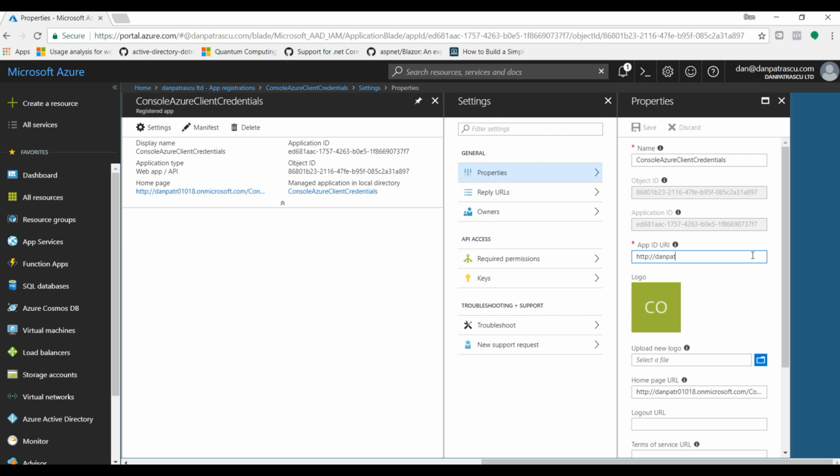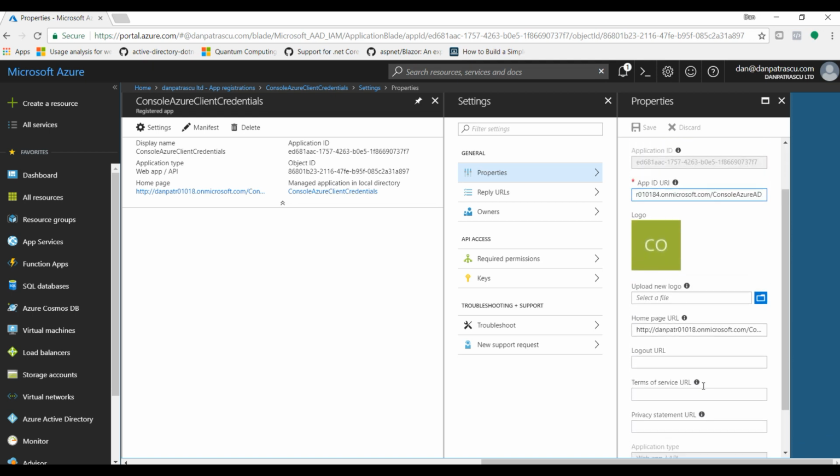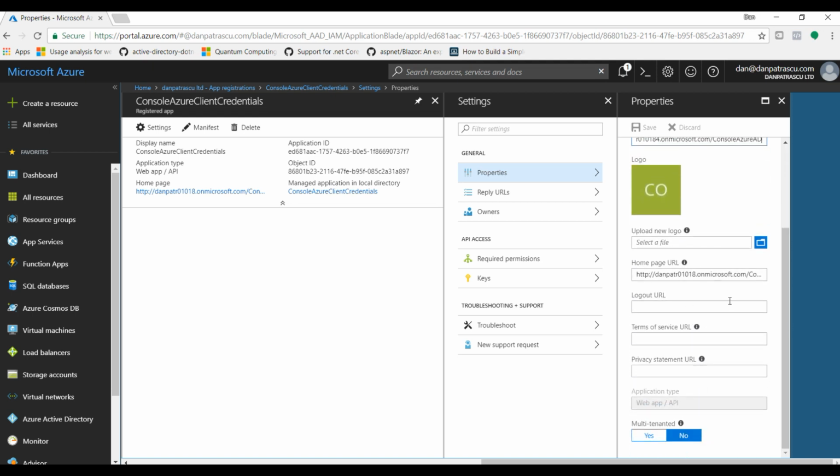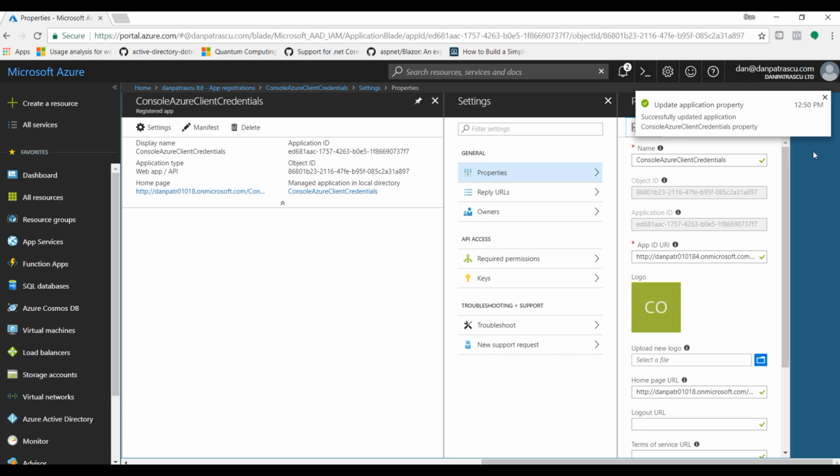So it is the name of my Azure Active Directory, and then it is console Azure AD. So this would be the way to do it. Anything else here is not something that you would need to configure right now. And here of course we have to click on save, and then this application will be saved in the settings that we have set. Now the next step here is to get the so-called client secret, and you can get